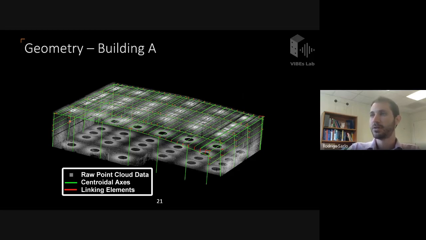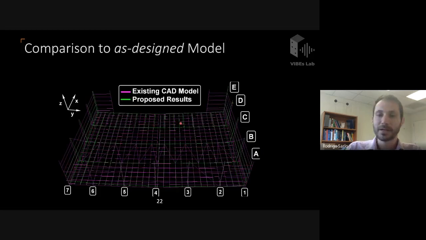And so you can see that we're able to extract the columns, girders, even purlins with a high degree of fidelity here. So we have a very high fidelity structural skeleton of this building. And going back to this idea of as built versus as planned, we actually compared this extracted